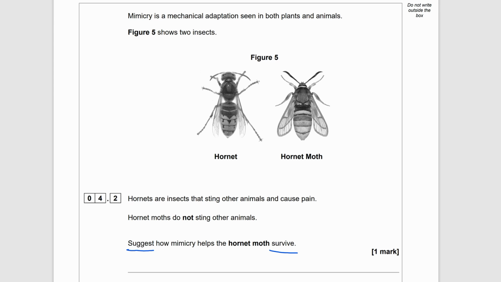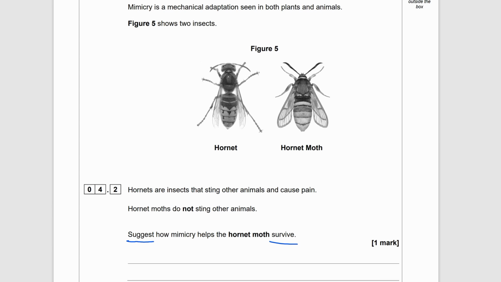So it's 1 mark for a suggest question. So we need to be very careful how we answer this, or else we may lose a mark because of the way that we write. So what do we notice about the hornet and the hornet moth? They look very similar. But as it tells us, the hornet moths don't sting, whereas the hornets are able to sting. So the hornet moth looks similar to the hornet,